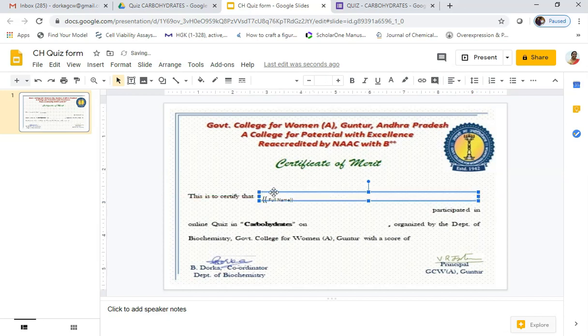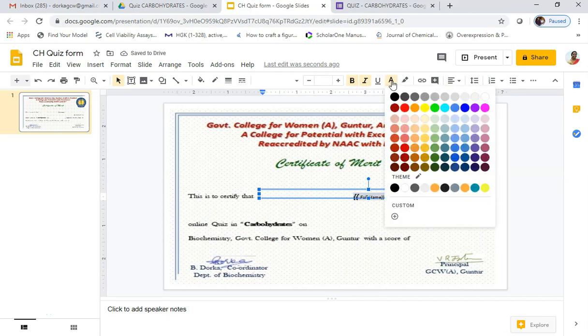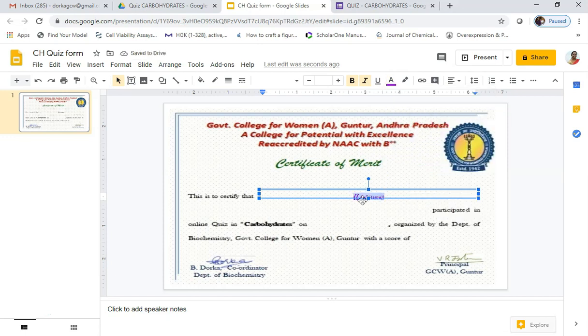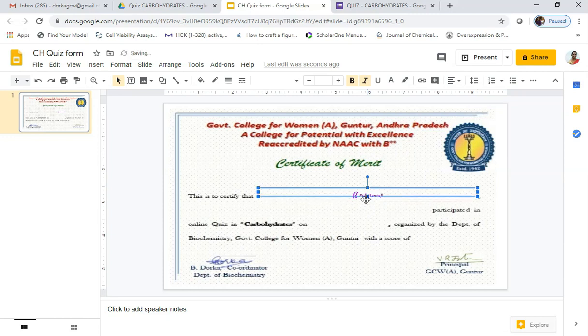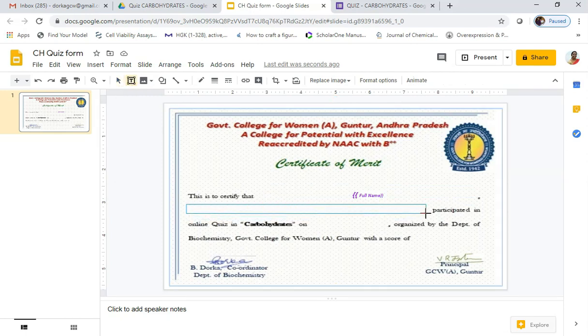Here just adjust the settings. Keep it in the middle. Whatever formatting is required, bold, italic, select the font color also as per your wish, and place it correctly.